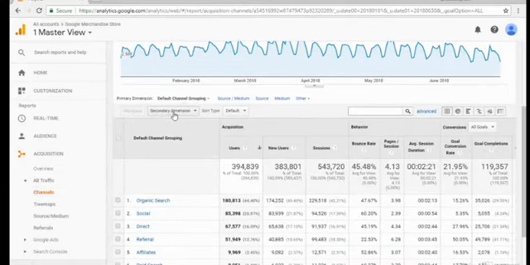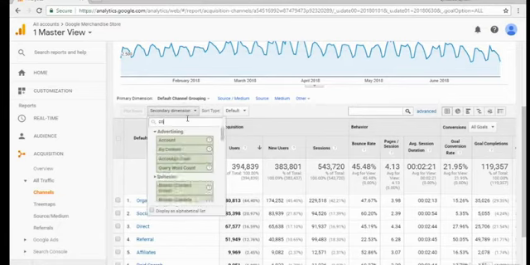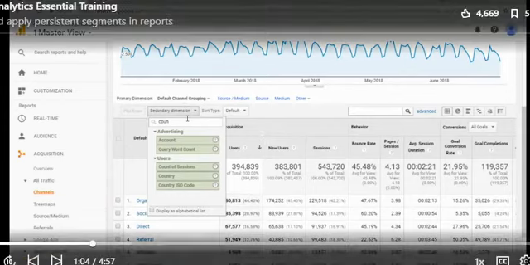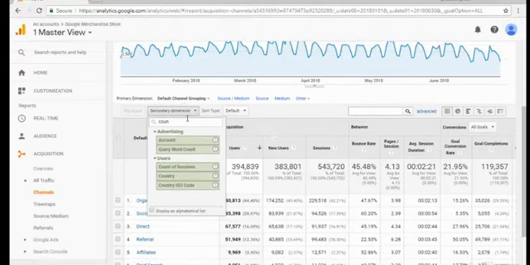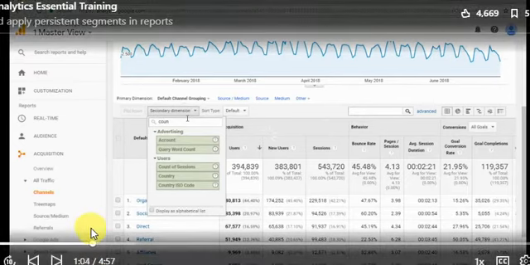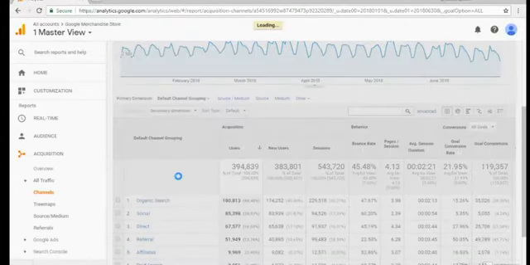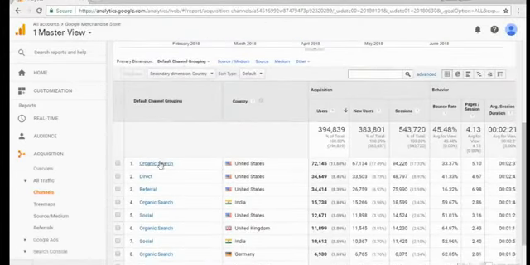I've got my primary dimension here, the channel grouping, but I could go to a secondary dimension, type in country, and what we'll see here is that the largest percentage of these users are coming in through organic search